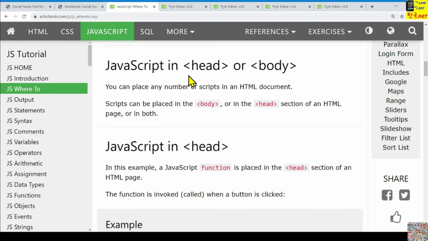Also, we can put this JavaScript in the head section or body section.